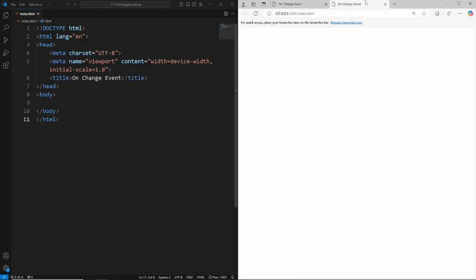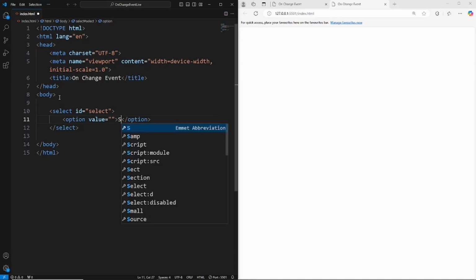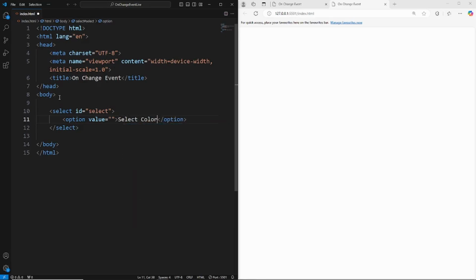So I've opened this up in the browser here, and then inside of our body here, we're just going to insert a select tag. Don't need to give it a name, but we'll just give it an ID of select. And inside of here, we're going to create a few options. So we'll say option, and this is the value property, which is going to change, and we're going to target to help us change the background color of whichever option we click with our onChange event. So our first option is just going to be blank, and we're just going to say select a color,